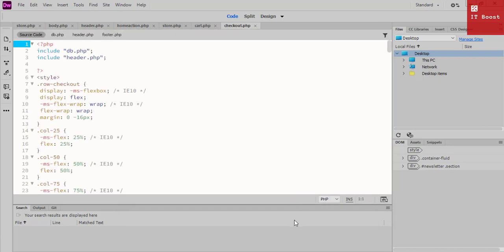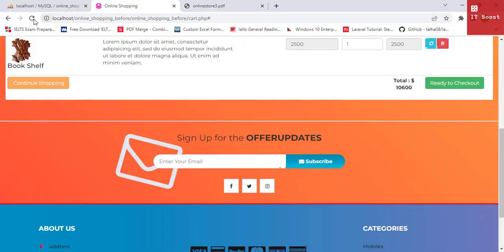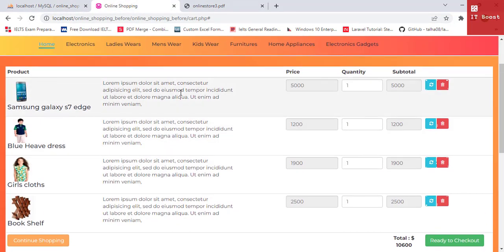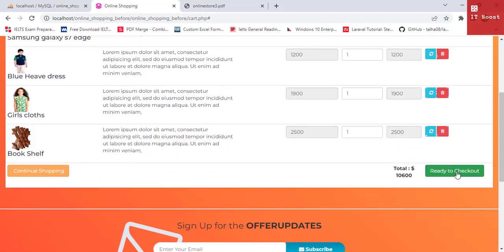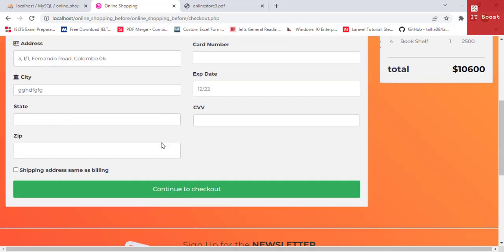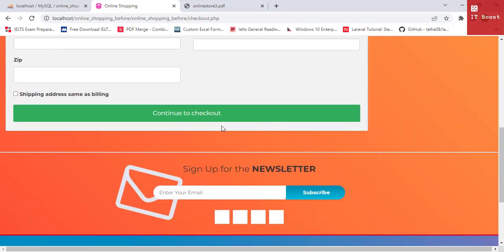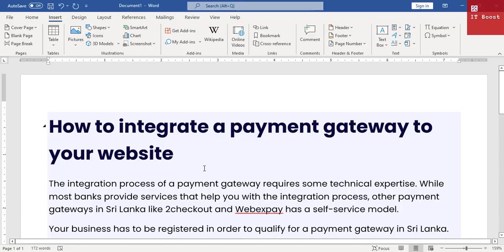Right. Now here, I will refresh the page, right, and click ready to checkout. So here billing address, all the payment gateway, the card, and everything will be shown. So when you click checkout, online checkout,